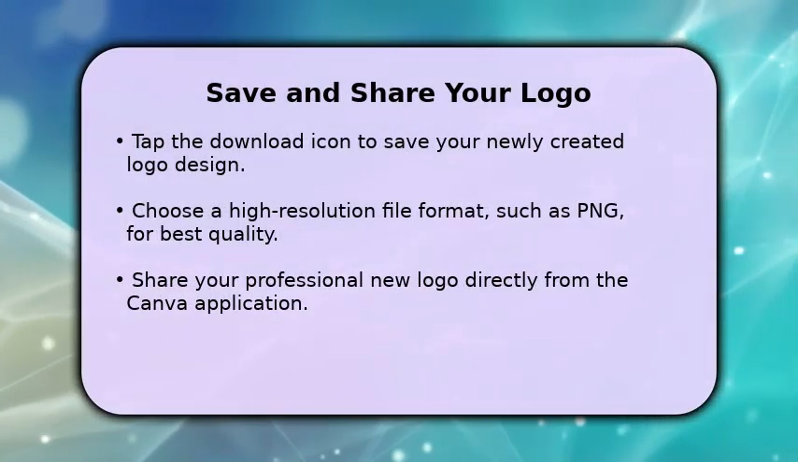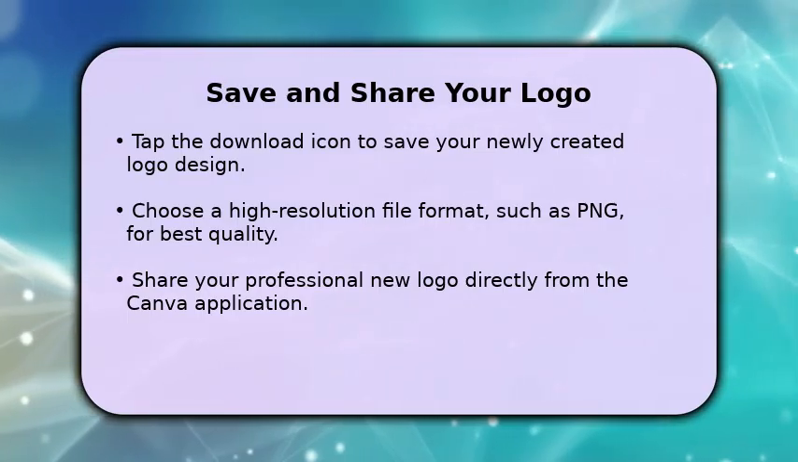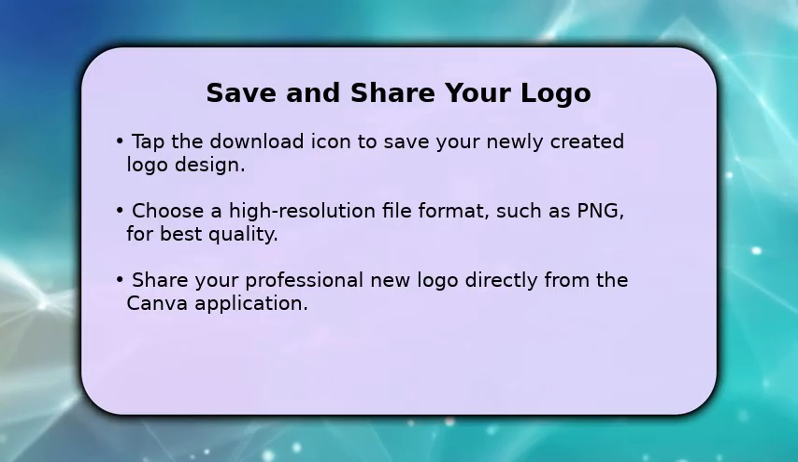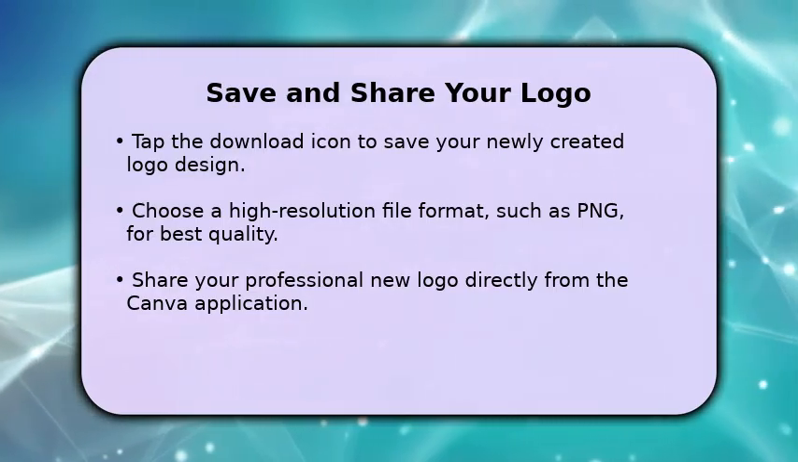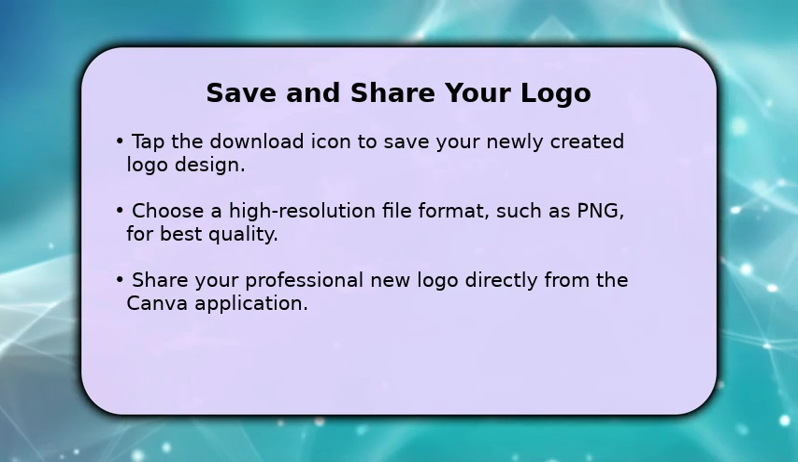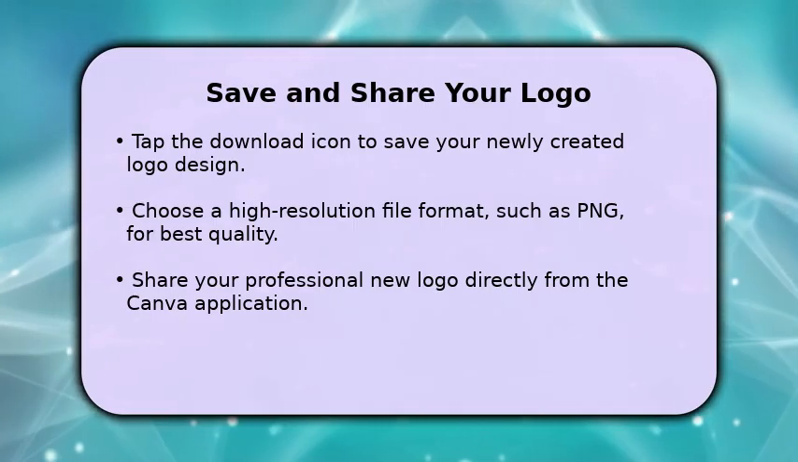To save your masterpiece, simply tap the download icon, typically found at the top right of your screen. For the best quality, especially for digital use, select a high-resolution file format like PNG. Once saved, you can easily share your professional new logo directly from the Canva app to your social media, email,